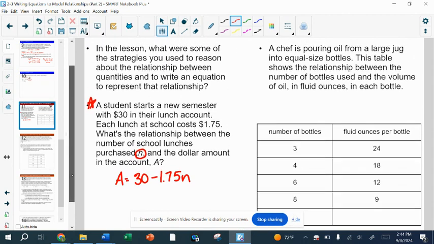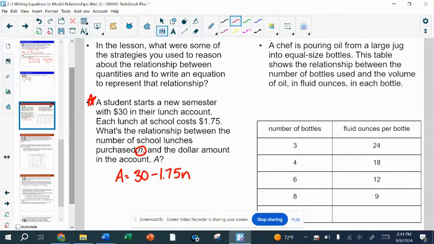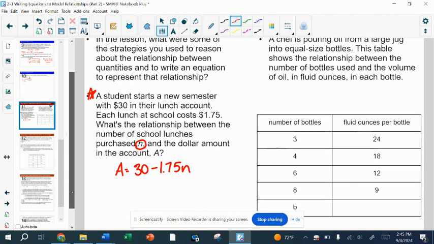And in the second example, we've got a chef that's pouring oil from a large jug into equal-sized bottles. Depending on how big the bottles are, as long as they're all equal size, it's going to change how many bottles it takes. So for the first one, it only took 3 bottles because he was putting 24 ounces in each bottle. But it would take 4 bottles if it was 18 ounces in a bottle, 6 bottles if it was 12 ounces in a bottle, 8 bottles if it was 9 ounces in a bottle. It might be kind of hard to see this